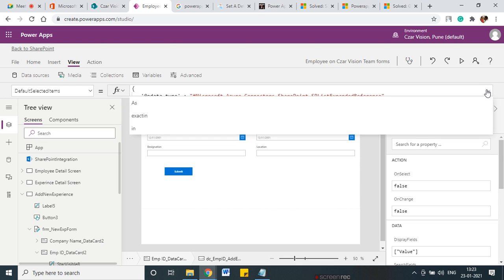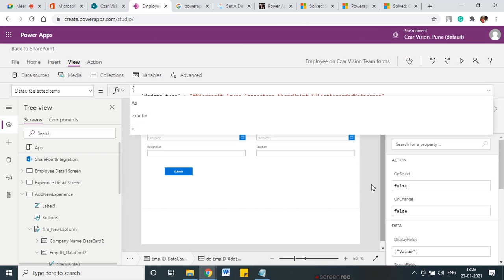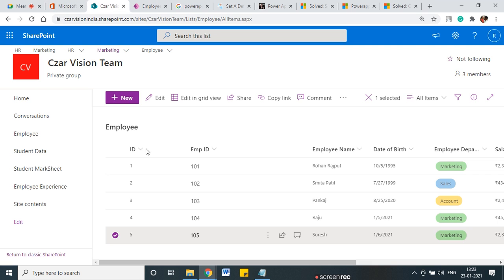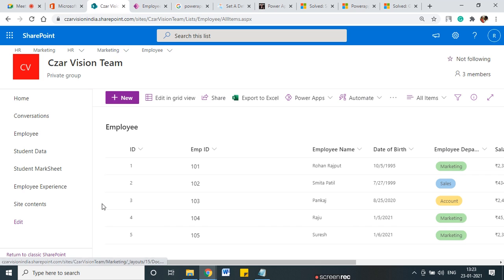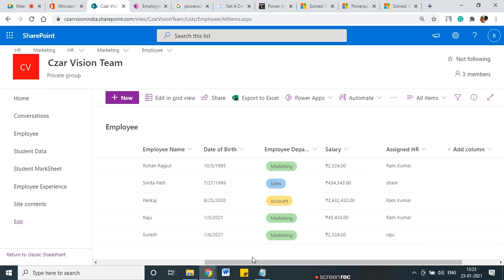Okay, so we stop here in today's session, and the assignment for you is this. Up to now we have designed the functionality and added the different formulas. Now what you are going to do: here we have added assign user, but now the column should not be there. So we go here,